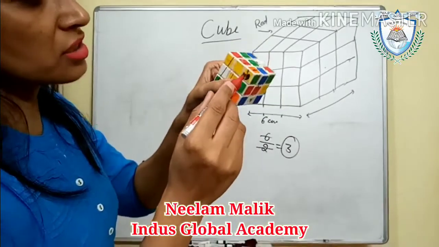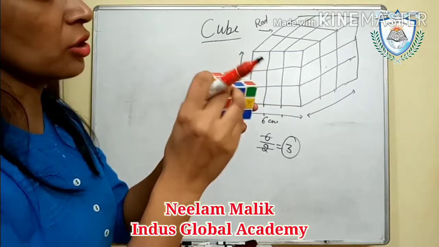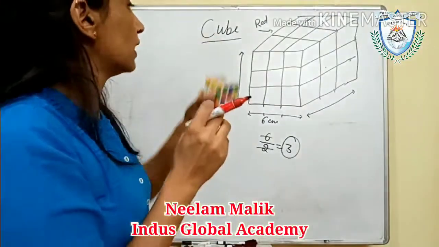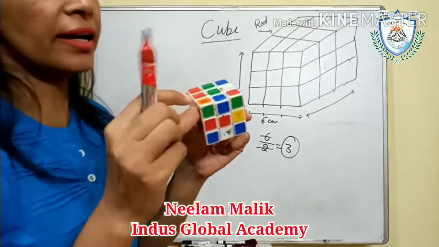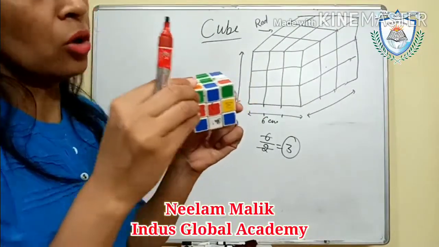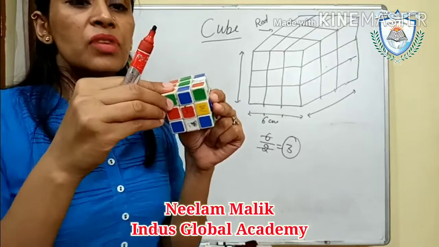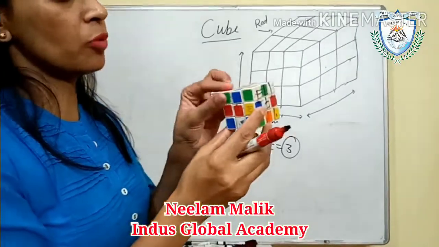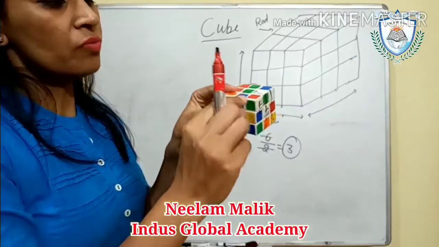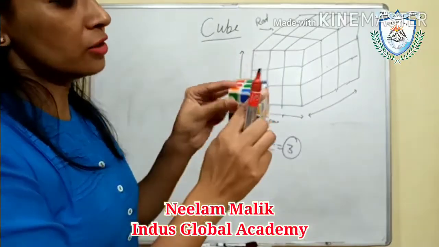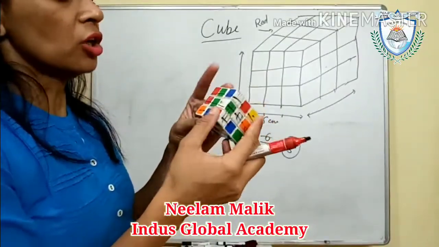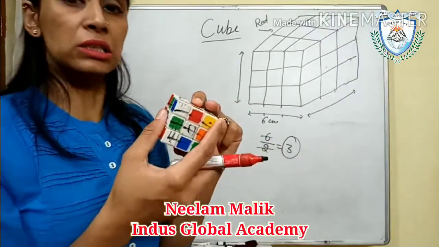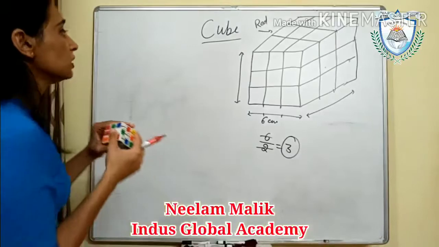This is orange, this is yellow, and this is green, but we colored them in one color. So the red we have taken. Suppose these all are red. So 1, 2, 3, only the three colored sides are here at the corner point. Here is 2, here is also 3. So we can say the corner points have three colors.